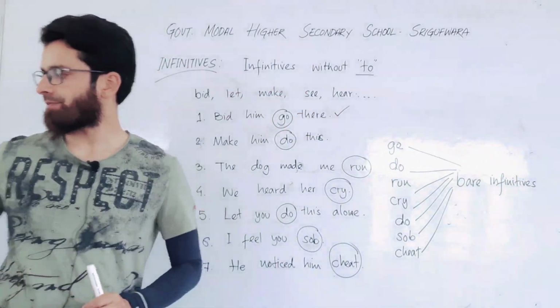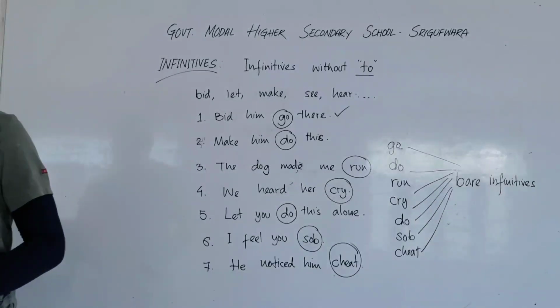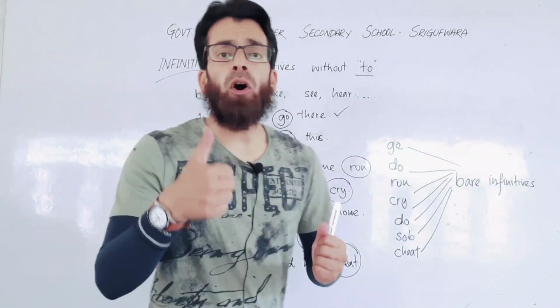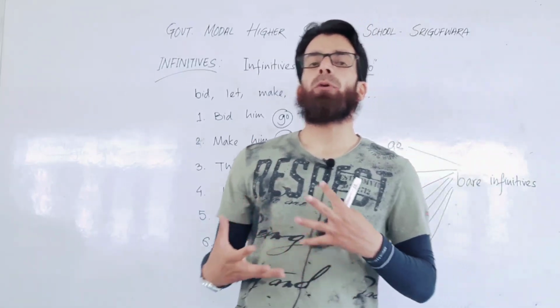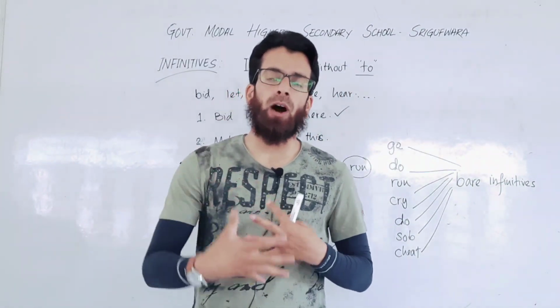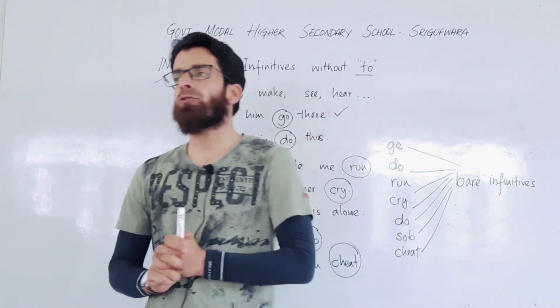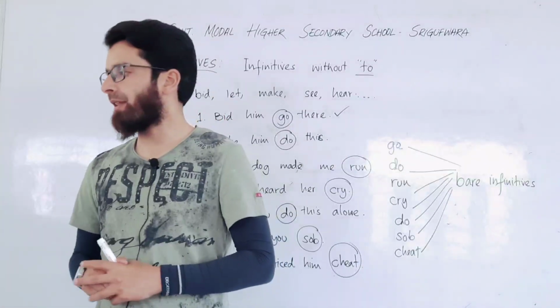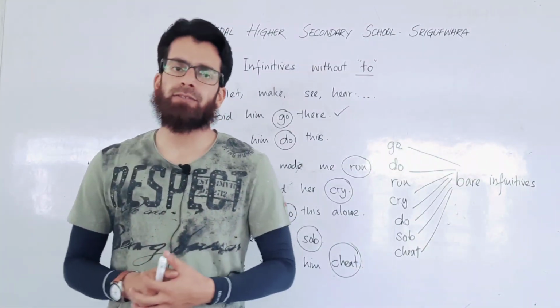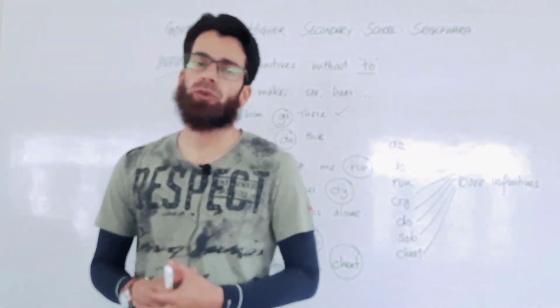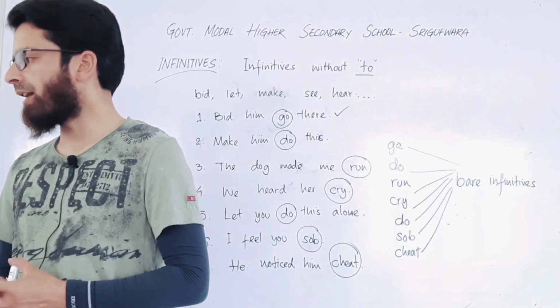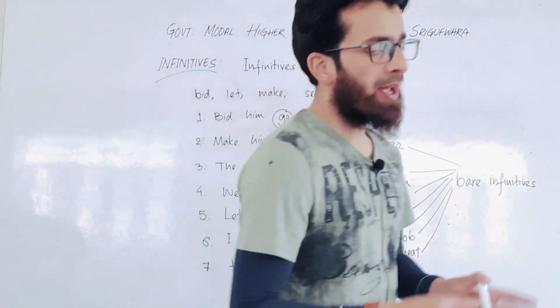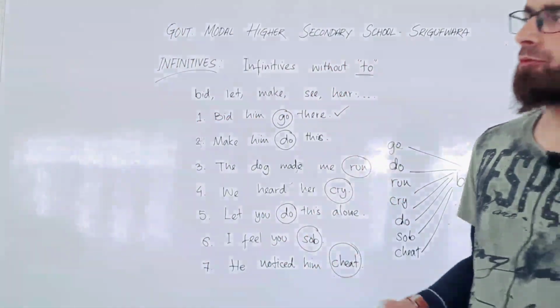For example, point number one, you have to remember that after modal auxiliaries, if you have to bring an infinitive after them, you have to drop to. Similarly, there are certain words, for example, after let, make, here, you drop to. Similarly, we have why or why not structures. If an infinitive follows them, you have to drop to.